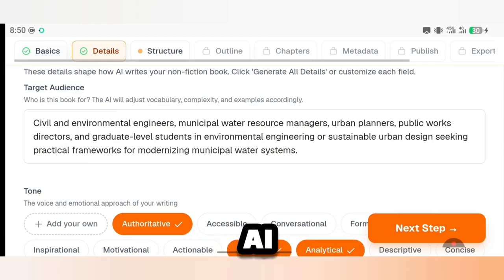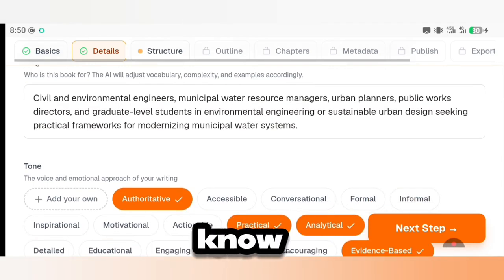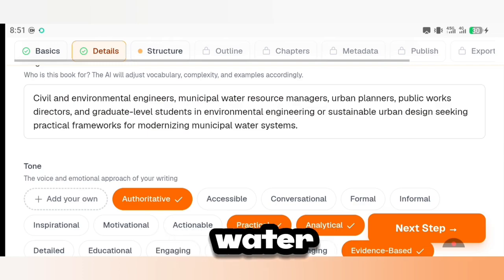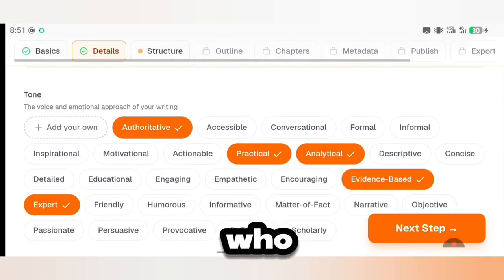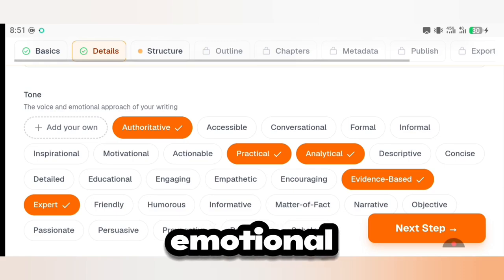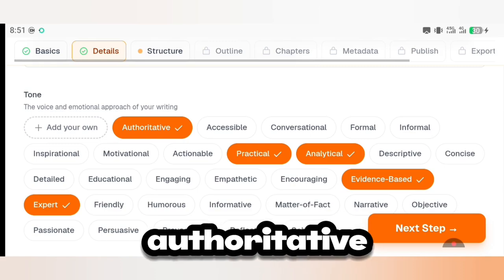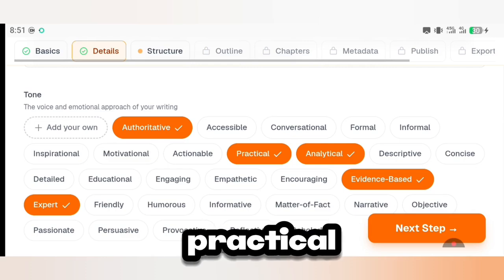So you see what this AI does. It can help to readjust things. Civil and environmental engineers, municipal water resource managers, and so on and so forth. It's telling you who it is for. Then the tone, all right, the voice and emotional approach of your writing. So it has selected the tone suitable for this book: authoritative, practical, analytical,